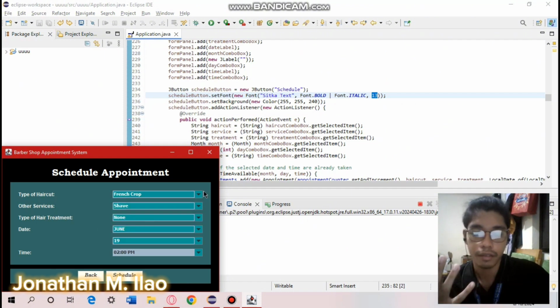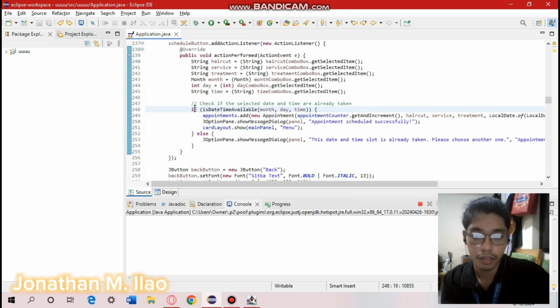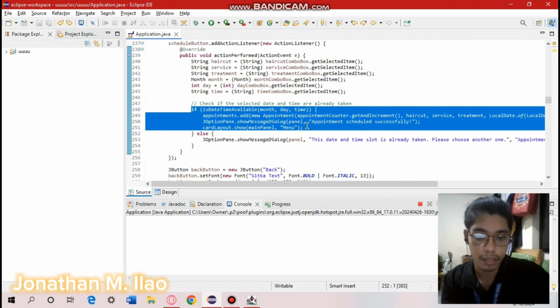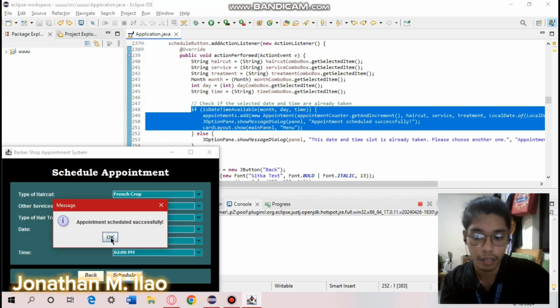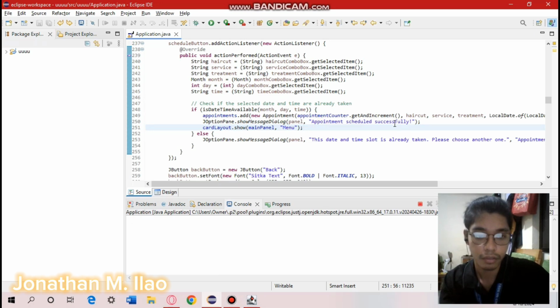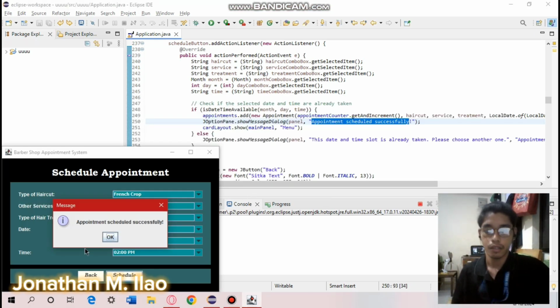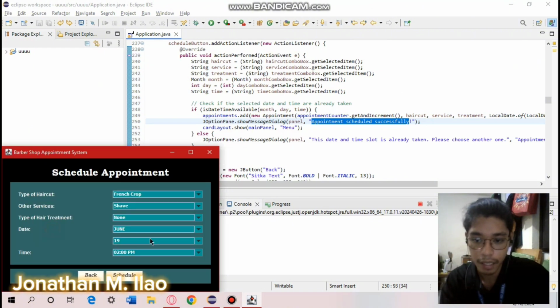And then ayun, pindutin natin yung button na schedule. So appointment scheduled successfully. So itong if else statement is lumabas yung kanina. So ayan, lumabas siya. And then nung lumabas siya, ang sabi appointment scheduled successfully, ibig sabihin itong mga pinaglalagay natin na to is mapupunta siya dito